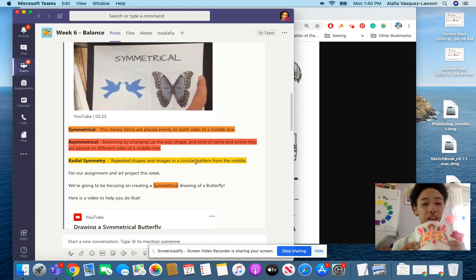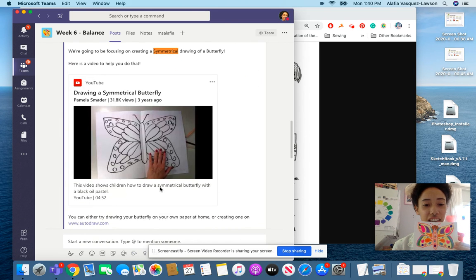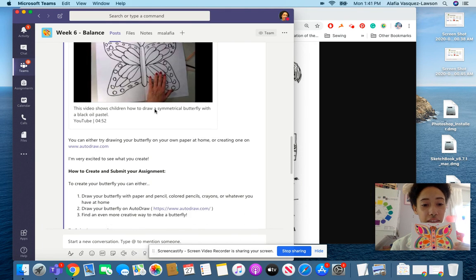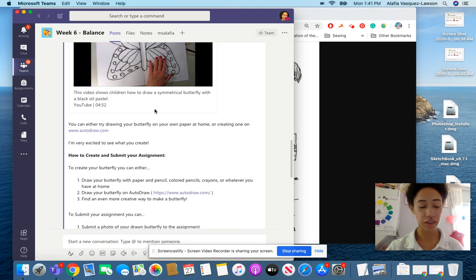And this week we are doing symmetrical butterflies. And here is a great video. Please go and click on this video to watch how to get the exact shapes and forms right for the butterfly. But instead of watching that video, what we're going to do is create that together. I should have somewhere around here